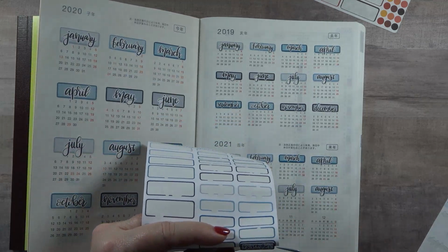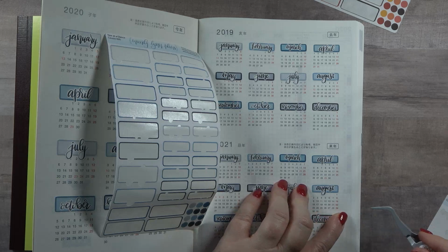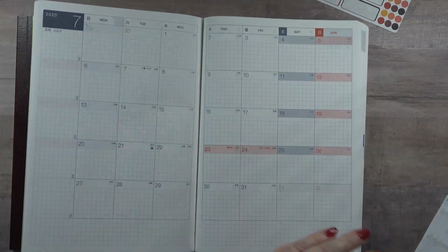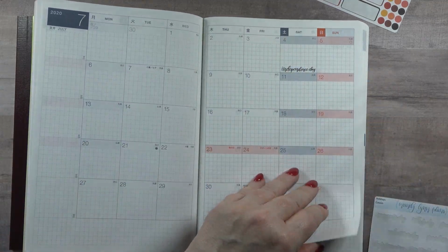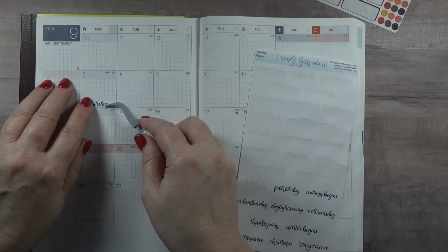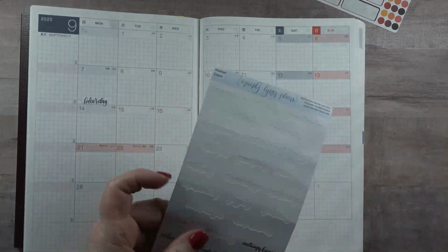October, November, and December. There we go. So we've got all of our months down now. So let's flip on over and start our months. So let's go to July. So let's do Independence Day on the 4th, and then we're going to flip on over to September, and Labor Day is the 7th. We've got quite a few. Patriots Day on the 11th, Autumn on the 22nd,